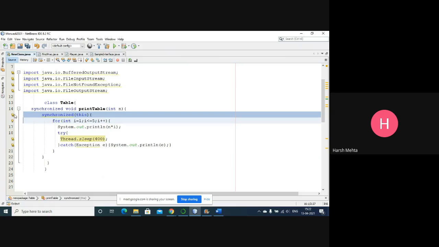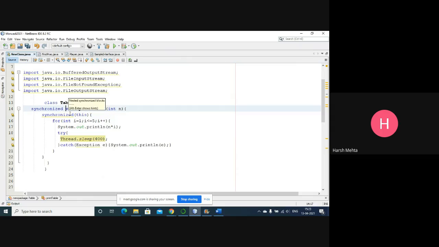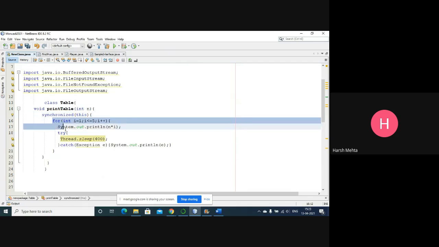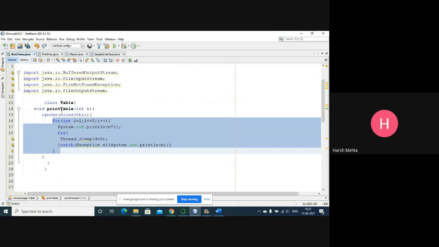Let me remove the synchronized method. I want this block to be executed for these lines only, that's why I put a synchronized block.